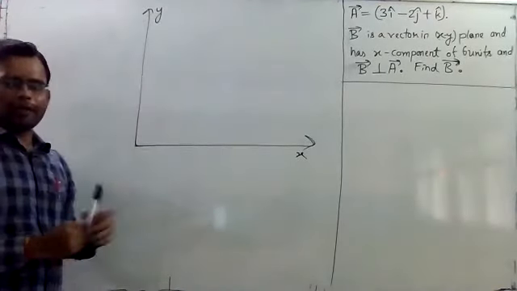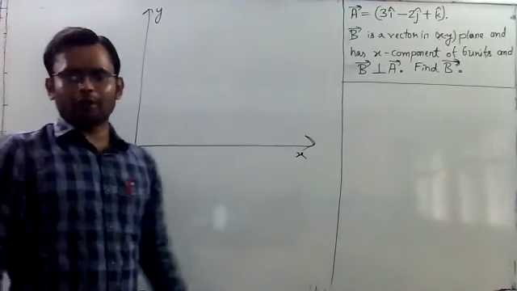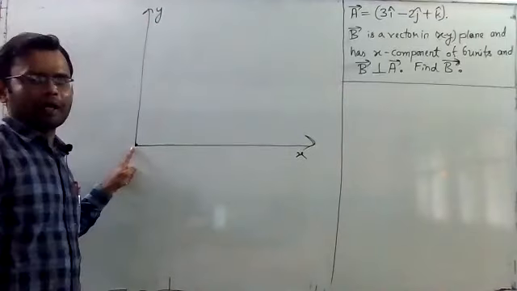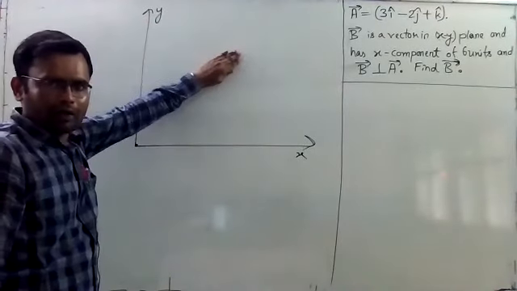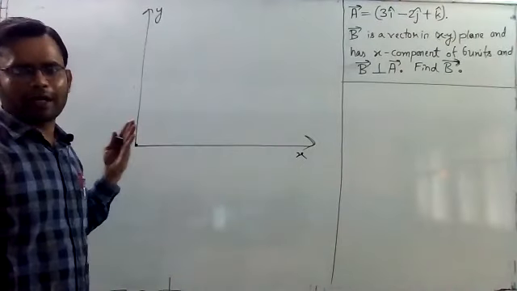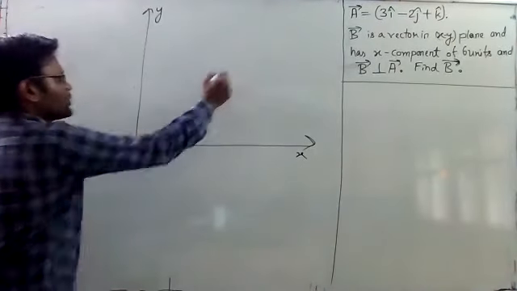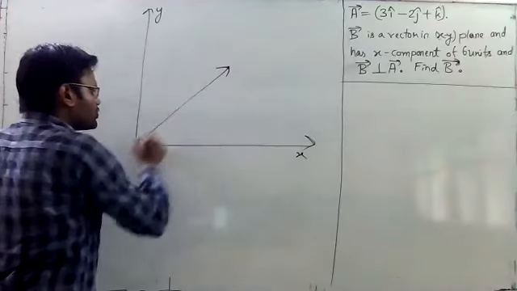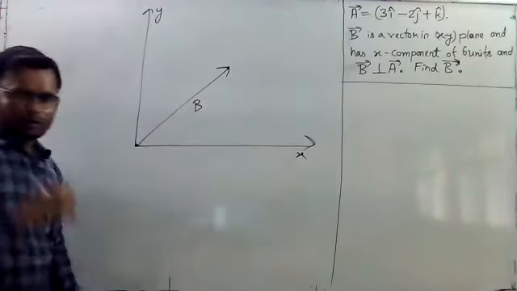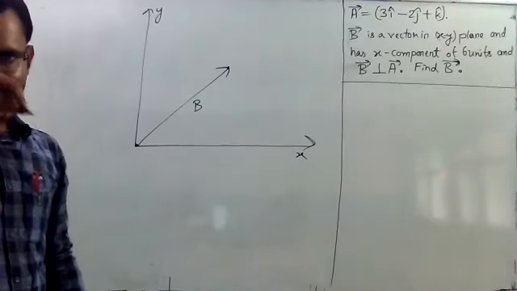So if I am taking a vector with 0 z component, then where will it be? Its tail will be here, and where will the head be? Head has to be in this plane. It cannot come out of this plane because z component has to be 0. Okay, it has to be in its plane. So this vector is in the same plane. This is vector B. Okay, is it clear to you now?